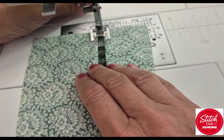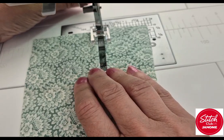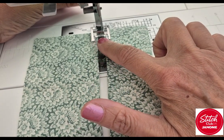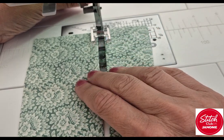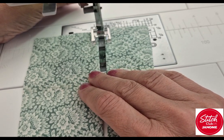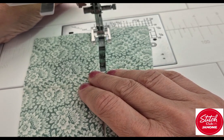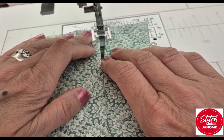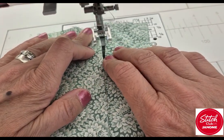I'm going to hold my thread just because there's nothing for it to grip onto down here. You can see, there's nothing there. So I want it to have a really good start. As you can see, it's sewing on nothing in between. So we need to,